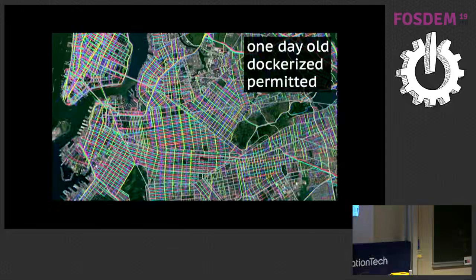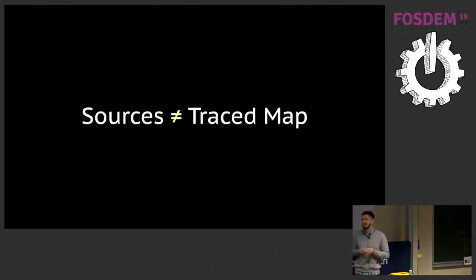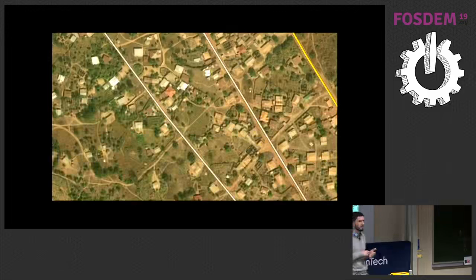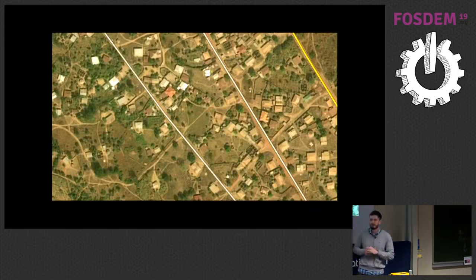So you may believe that after publishing this, there will be no more errors in New York City. Of course, that's not correct, because publishing a source doesn't mean you instantly get a ready-made map. If that was the case, then since we have detailed satellite imagery for most of the planet, we would have the most detailed map for the entire planet. And that is, of course, not correct. There are still a lot of places which have roads and buildings, but virtually no map data. So how do you make mappers use the source that you give them?